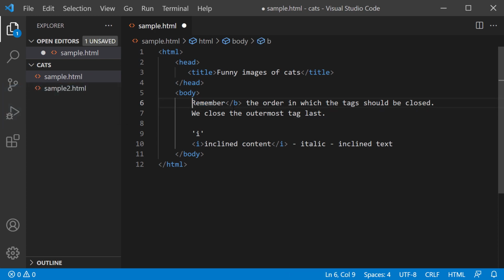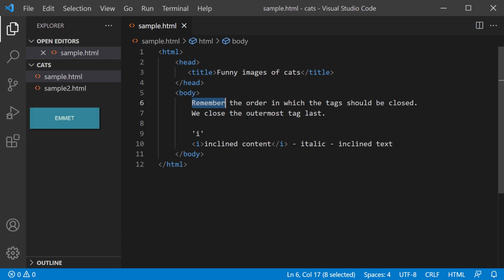Is there a shortcut for it? Well, yeah, the good thing is that there is a shortcut inside Visual Studio Code using something that is called EMMET. We will learn about EMMET shortcuts during lectures, because I think that if I use every shortcut in one lecture, you will never remember it. You need to see the importance of using them, right? So let's select this word here and use the shortcut